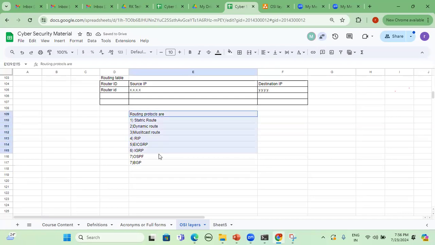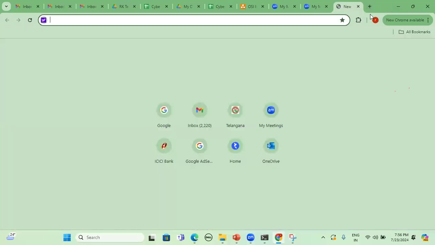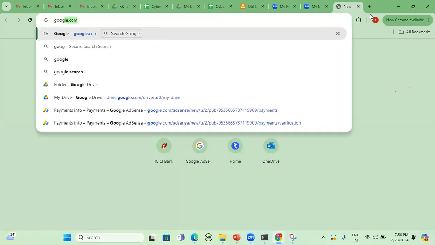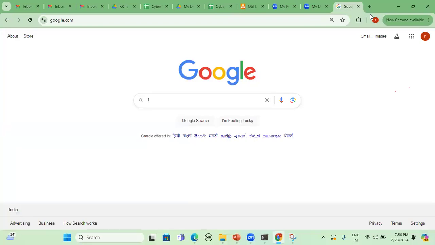So the firewall is the entry-level network device in the perimeter, or on the network side after the ISP router. We will install a firewall as an entry point. So in the firewall, we have to configure all these routes. For example, I will open one firewall. It is available free of cost; there is no need to pay any money. It is open source. So I am typing here in Google, FortiGate demo.